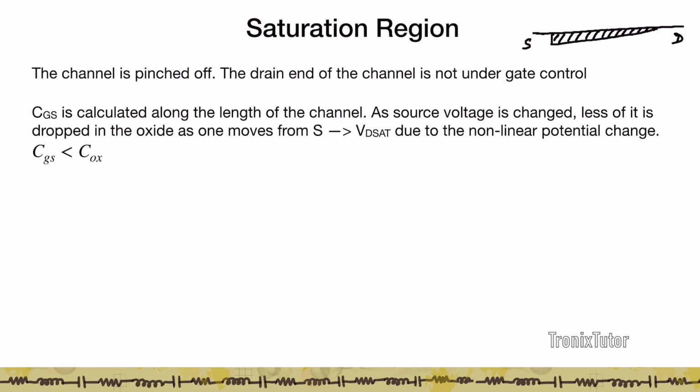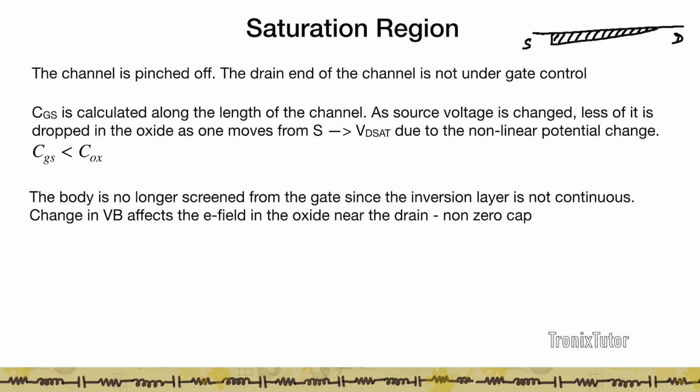The reason is that the charge is not uniform across the entire gate, but rather biased closer towards the source. And because you now have this drain and gate cutoff, the body or the substrate and the gate can now talk to each other. So the gate is not insulated from the substrate, so you end up seeing a CGB associated with the transistor in saturation. So very simply, to first order, we treat CGS